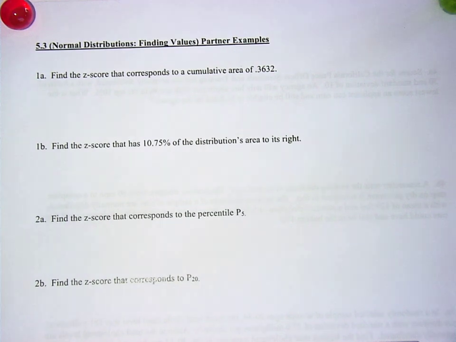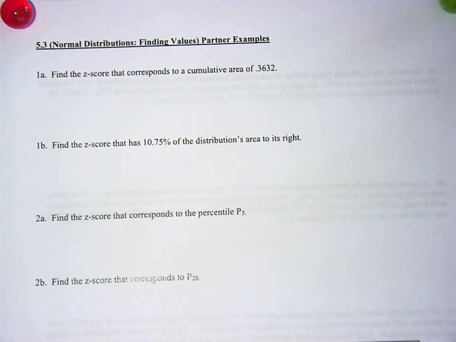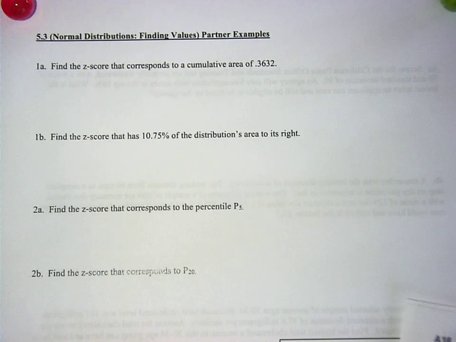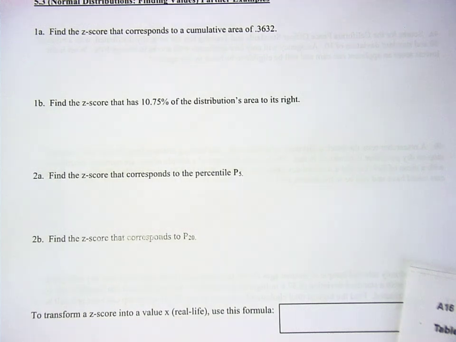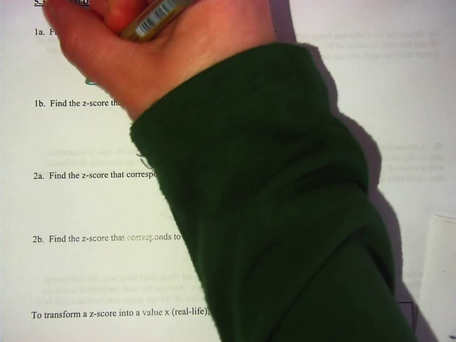So, here we go. Find the z-score that corresponds to a cumulative area of 0.3632. Now, 0.3632 is an area or a probability. Does this chart read to the left or read to the right? To the left. Now, if you were to imagine a bell curve,